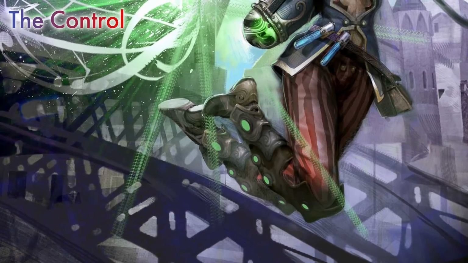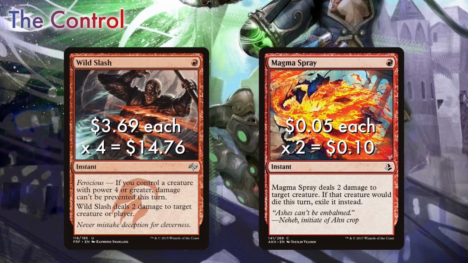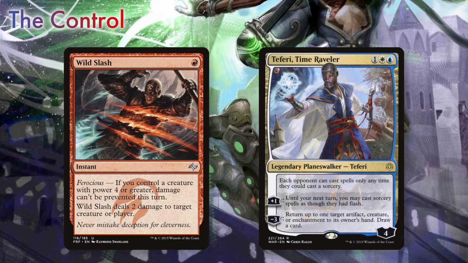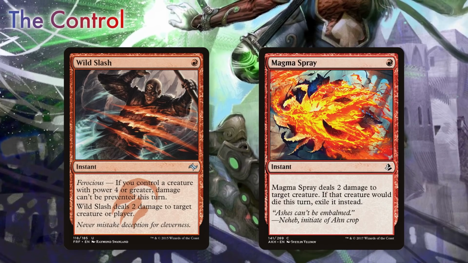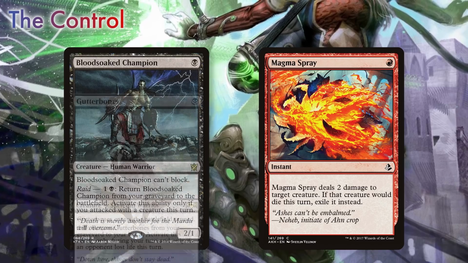The deck runs 4 copies of Wild Slash and 2 more copies of Magma Spray. Those slashes do it all, from poking the face to finishing off walkers, all with the added bonus of beating Fog when we have a flipped Horror or Scion pumped Phoenix. The Magma Sprays give us a little extra turn 1 interaction, and it sends annoying beaters like Blood-Soaked Champion and